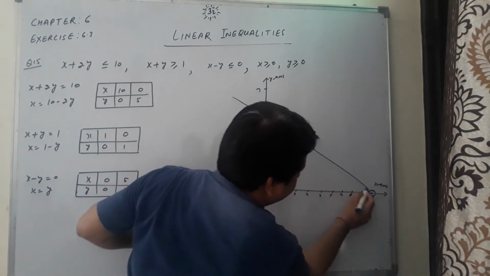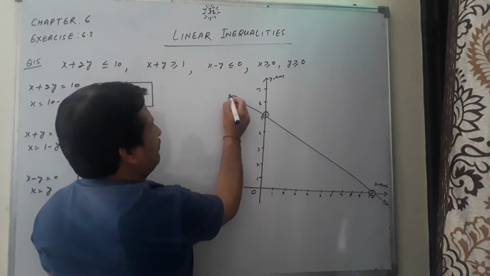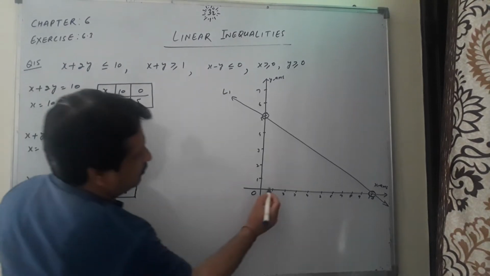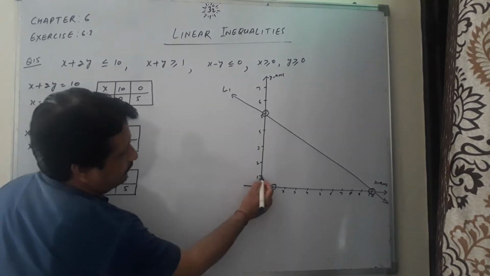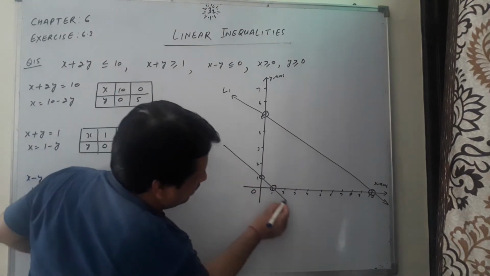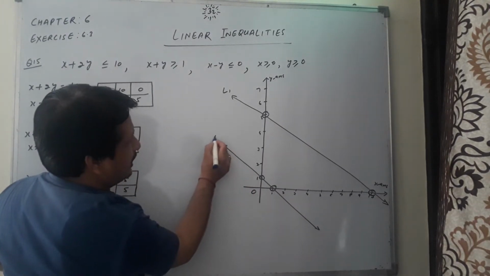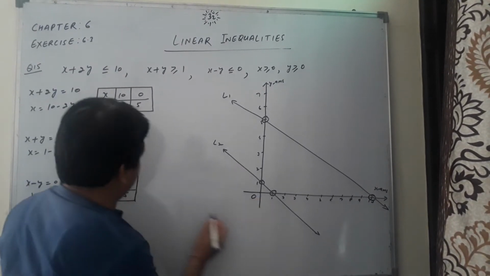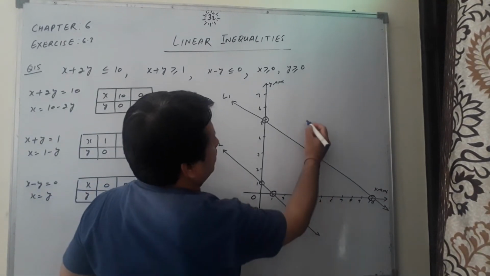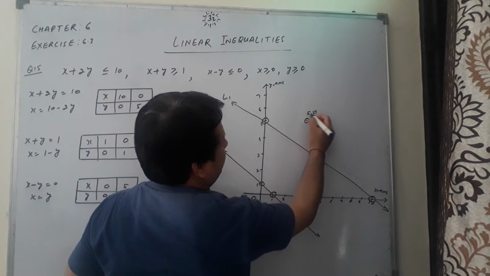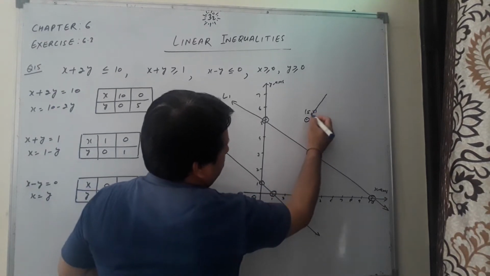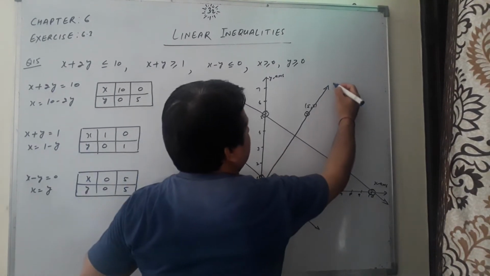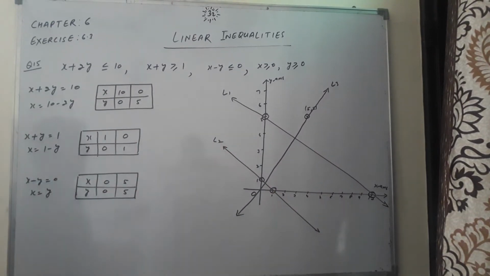We will draw the line, and we will name it as line 1. Coming to the second, this is 1, 0 and 0, 1. Yes, the line, that is L2, will pass from there. Coming to the third, that is 0, 0, it will lie on the horizon. And the second one is 5 and 5, it will lie here. Now the line, this is L3, will pass from the horizon.